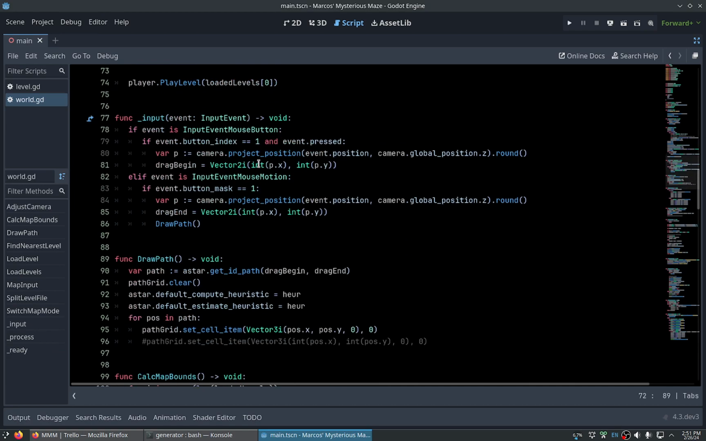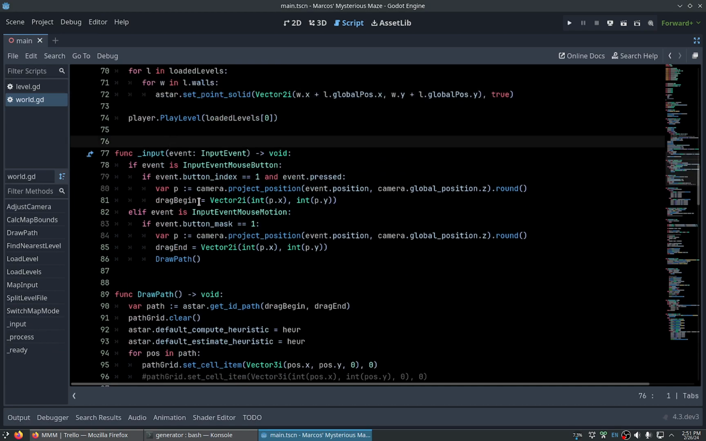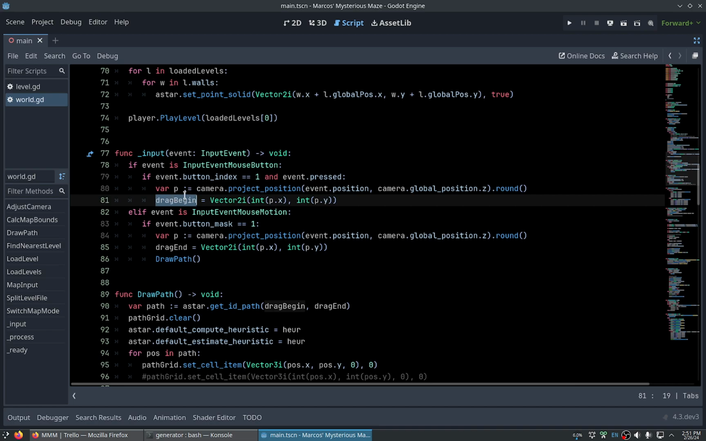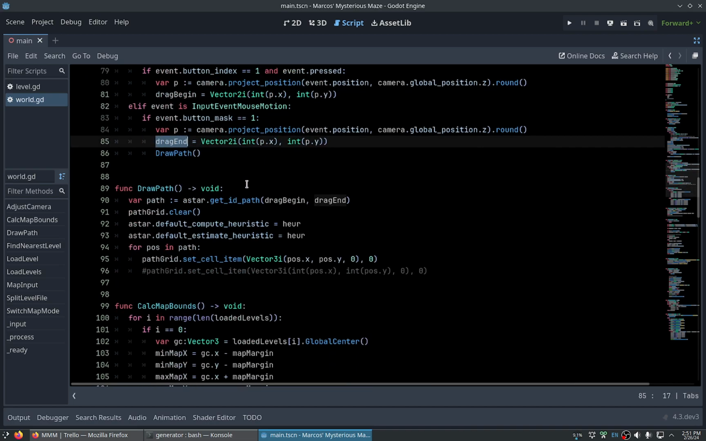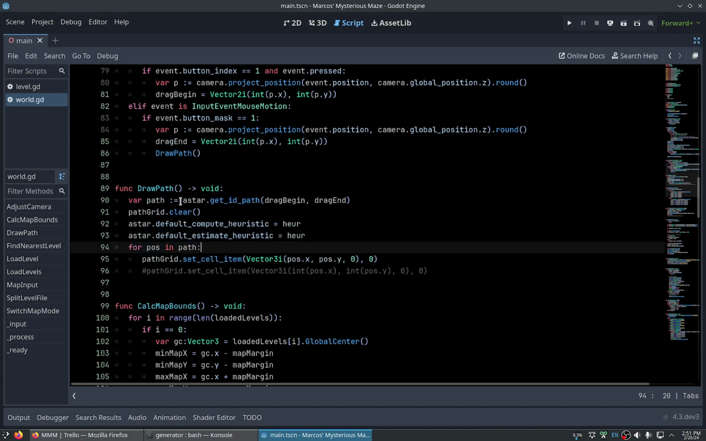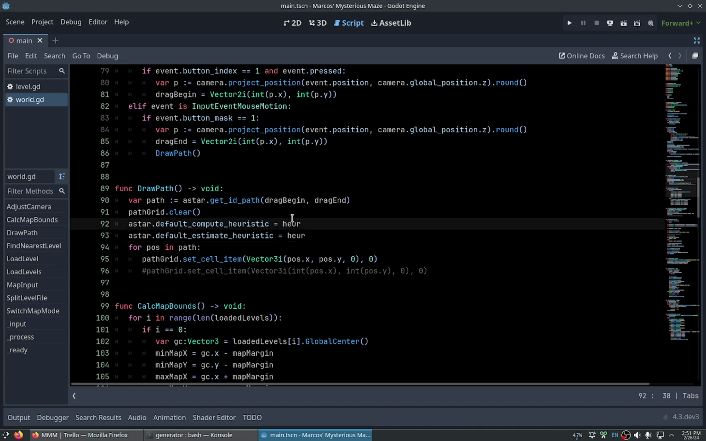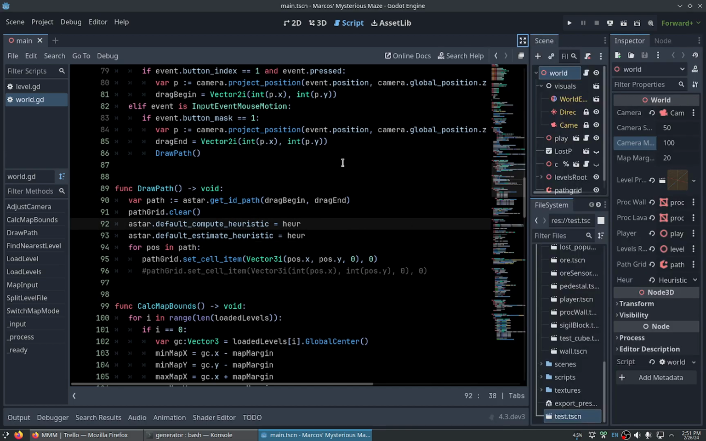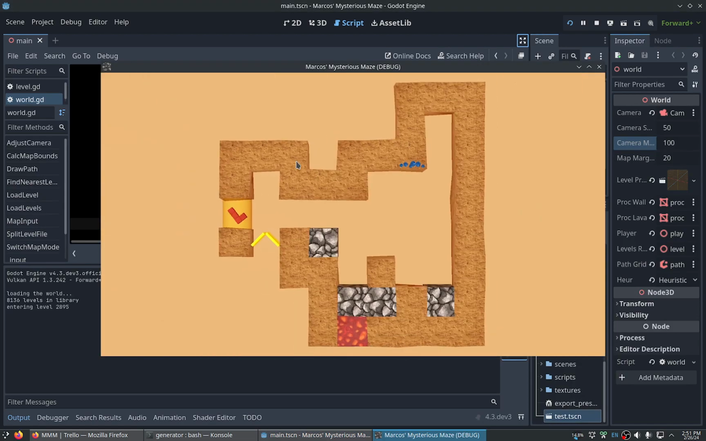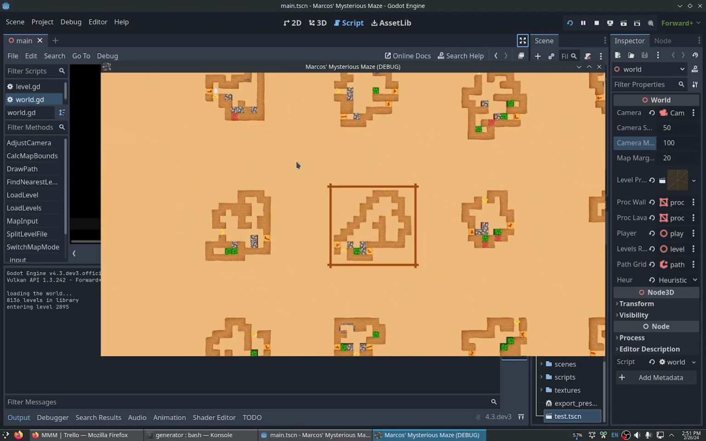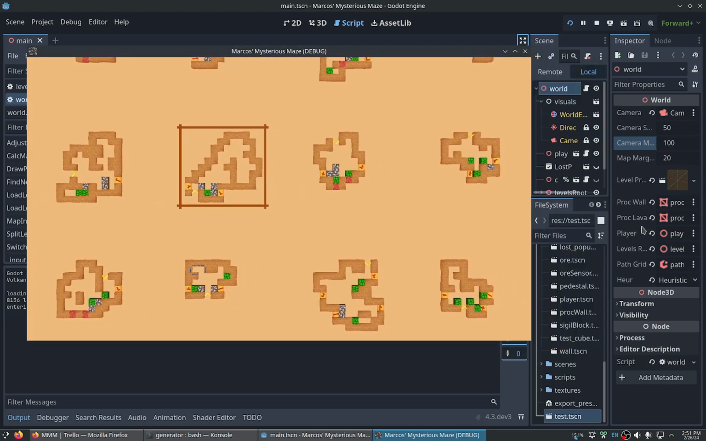Let me show you. Here in input, we calculate the drag begin and drag end points, and they are used in this function. And I was using different heuristics that the A-star algorithm provides. For example, this variable controls the distance heuristic. Let me show you. The Manhattan heuristic